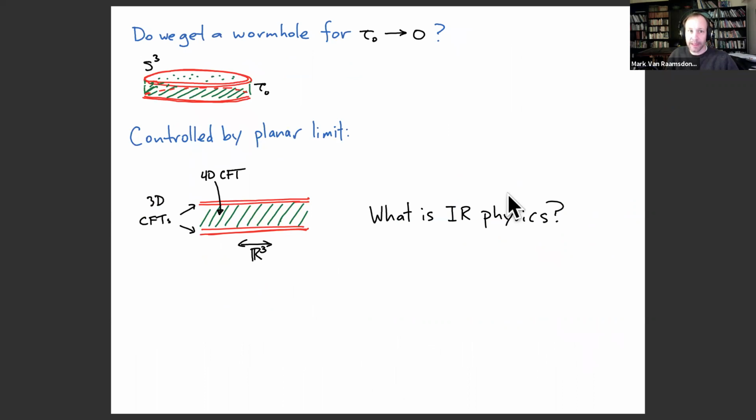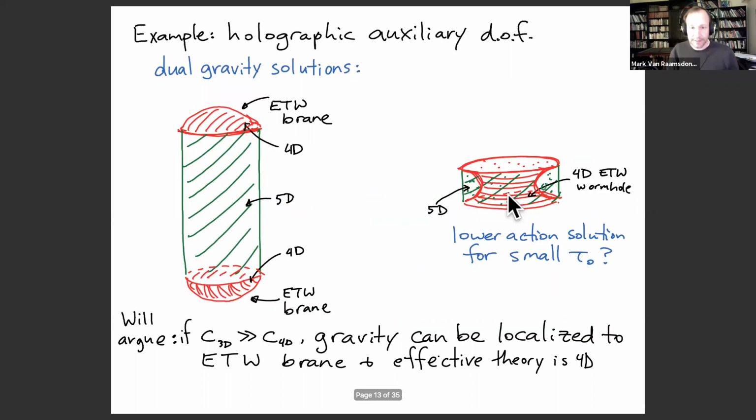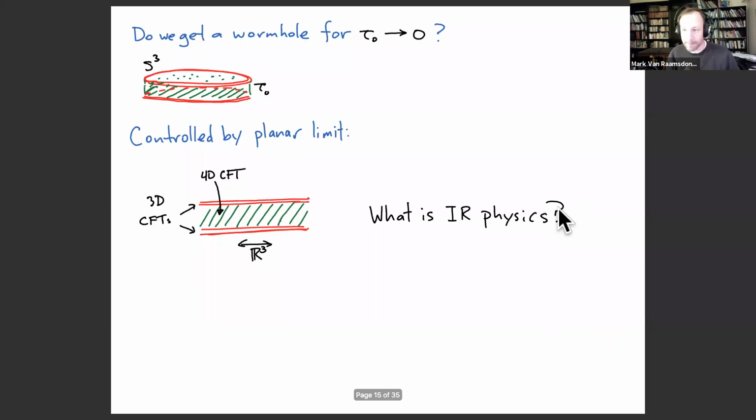Okay, so now I want to connect with this. In my title, I had cosmology from confinement. And so I want to argue that this connection between the two sides, the formation of this wormhole, actually has something to do with the physics of confinement in field theory. I've argued that in order to get the strongest correlations between the two sides in the field theory picture, we want to take this tau zero parameter to be very small.